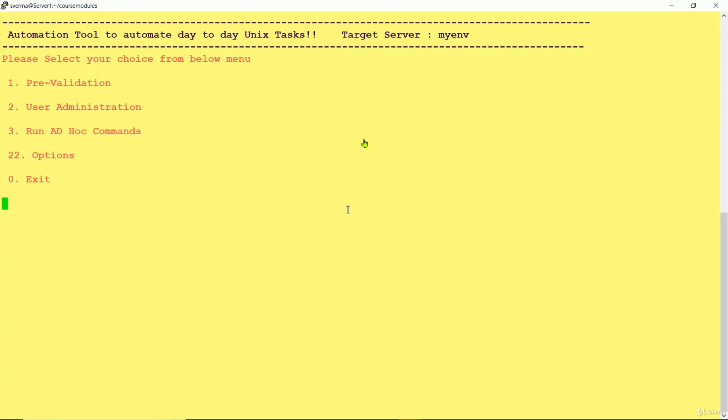Hello friends. In this lecture we are going to cover an important option, that is pre-validation. Whenever we are doing some critical activity on any server, like patching or reboot, before doing such critical activity we have to capture some command outputs from the servers as a pre-validation task. In this task, usually we log into the server and run a specific set of commands,